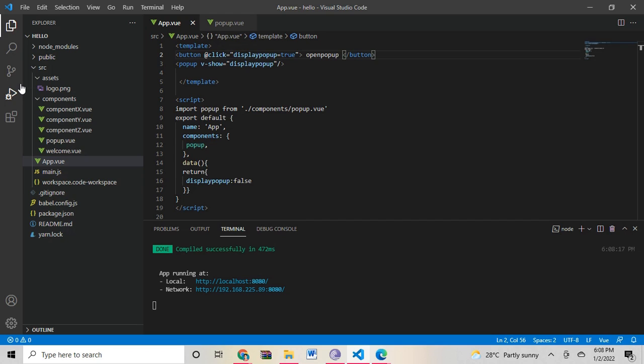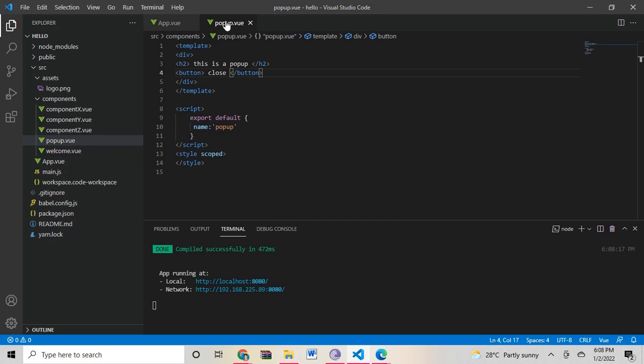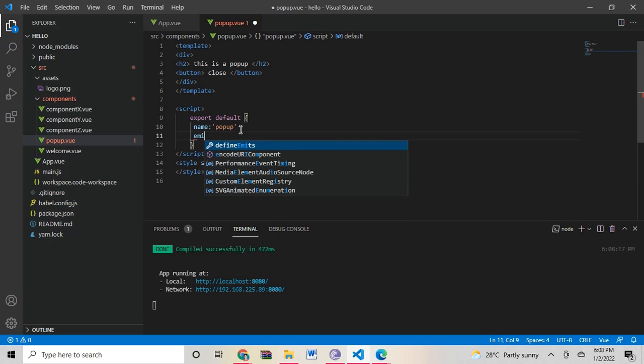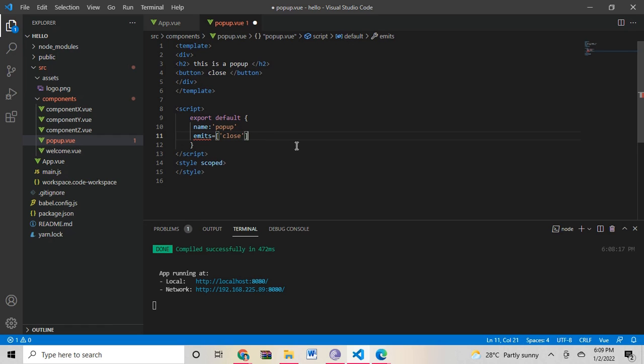Now go to the pop-up.vue, and you can use emit, which is used to emit the close event to the parent. In the script, you can use emits, and the custom event here is close.